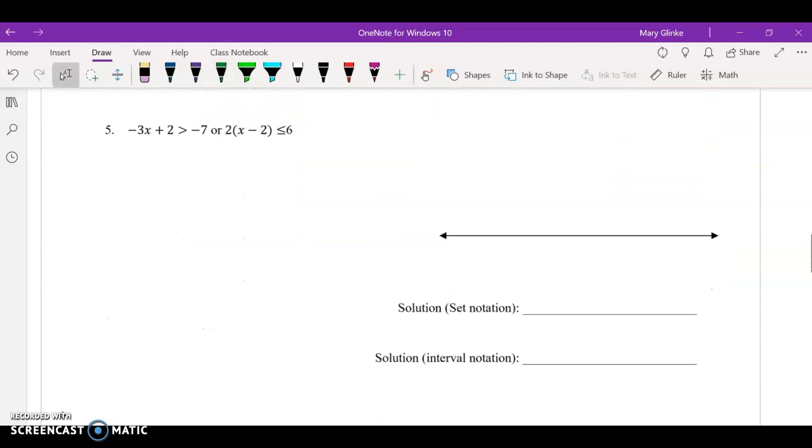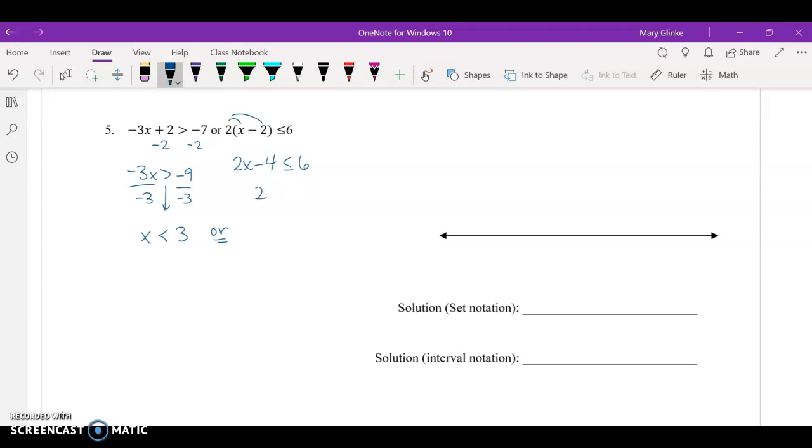So let's take a look at this next one here. We're going to go ahead and solve each equation for x. Here's another one where you are dividing by a negative, so you switch your sign. So you get x is less than 3, or